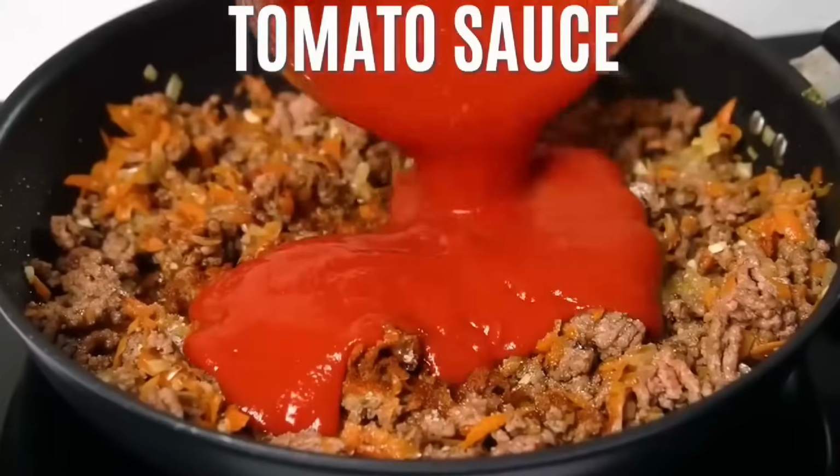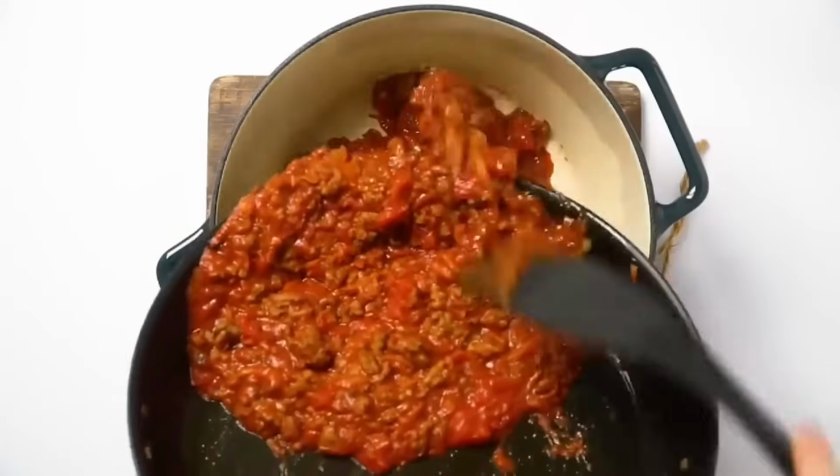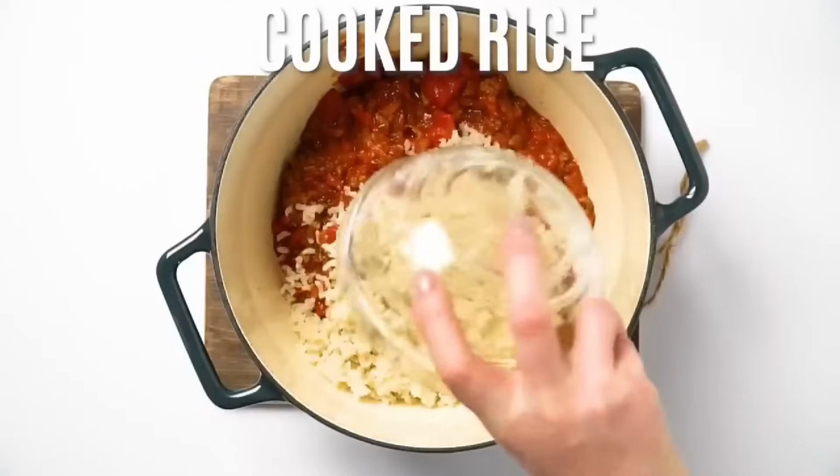Throw in some chopped potatoes for extra starch, or add a splash of your favorite hot sauce for a kick. Ground beef,